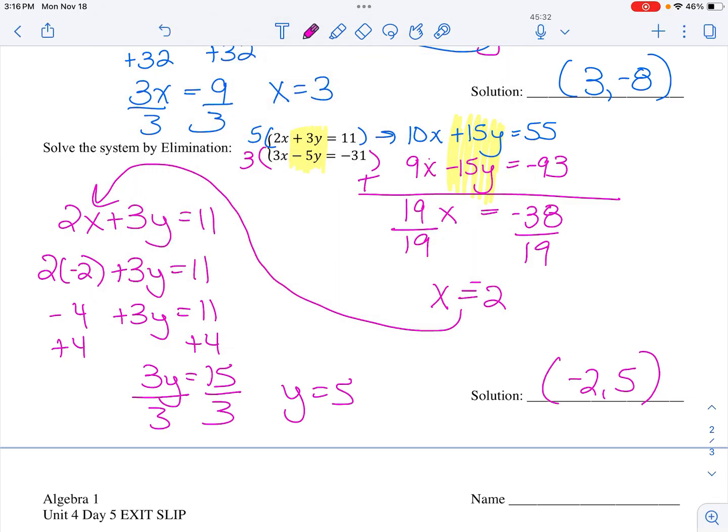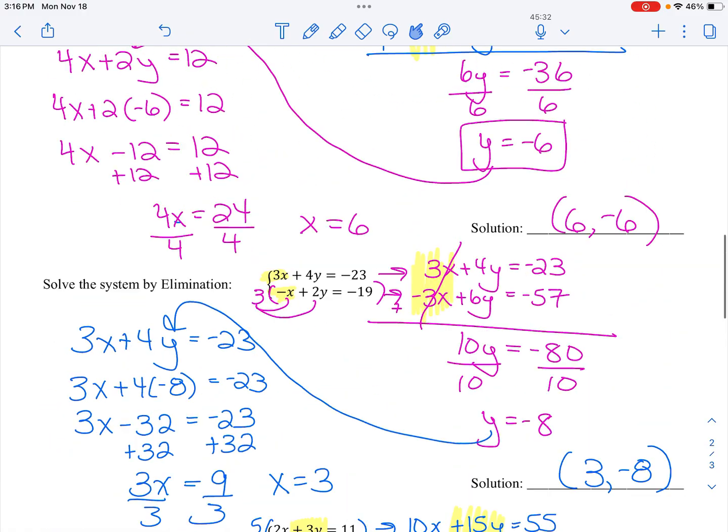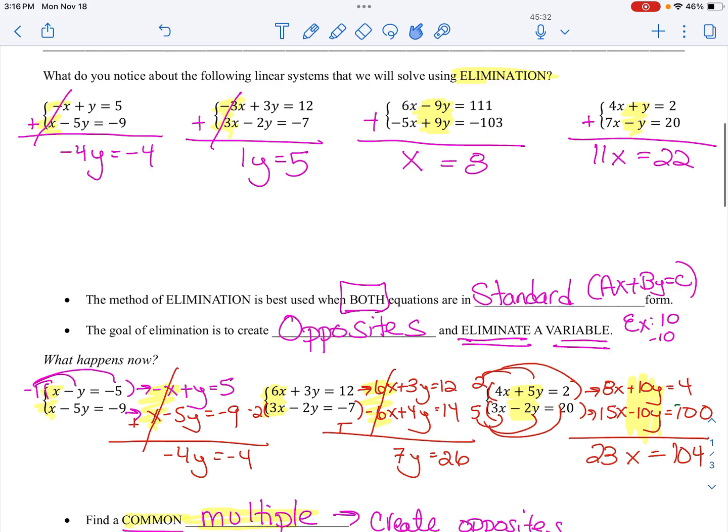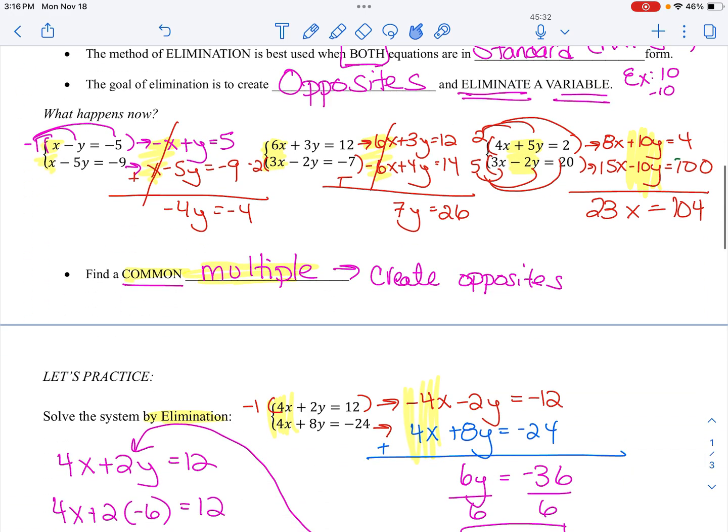All right, so that is today's lesson on elimination. Again, what is elimination? Elimination is when both equations are in standard form and we create opposites in order to eliminate a variable. Sometimes we have opposites, sometimes we need to create opposites. If we need to create opposites, we find a common multiple, a common number that both numbers multiply to, and